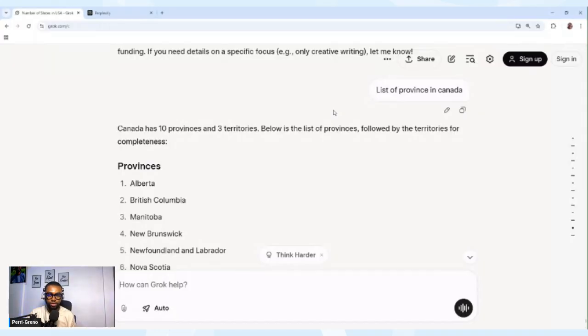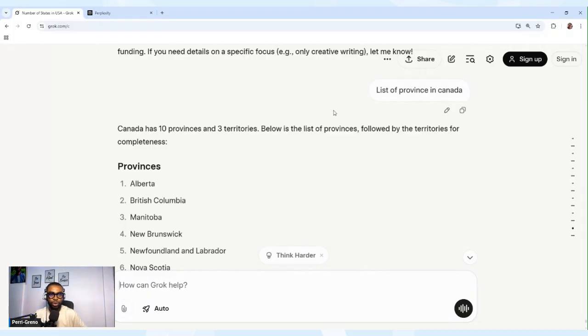Sometimes when you are asking AI a question, you ask the first question, it gives you the finding, and then you delve into a second question, it gives you the finding from the first question, and on and on it goes. So we want to know the provinces or the territories in Canada. Then we can ask AI to give us a list. Maybe you want to pursue your higher education in Alberta.